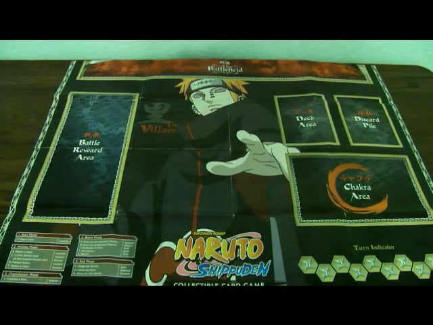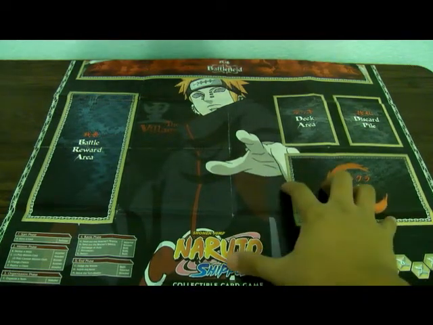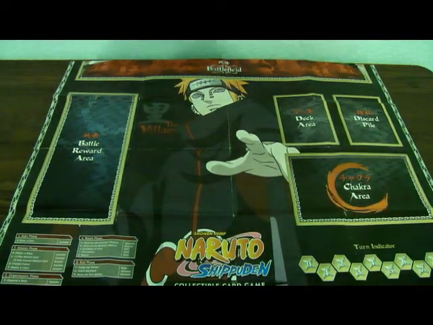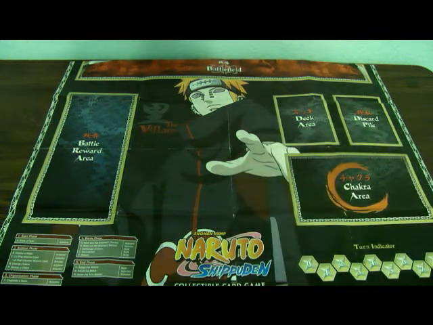Okay guys, let me explain the basic setup for this game. If you already bought a starter deck, it should have come with a game mat like this, and basically all you have to do is follow the boxes to know where your cards are supposed to be. If you didn't, and you bought booster packs, or you just lost a game mat for some reason,